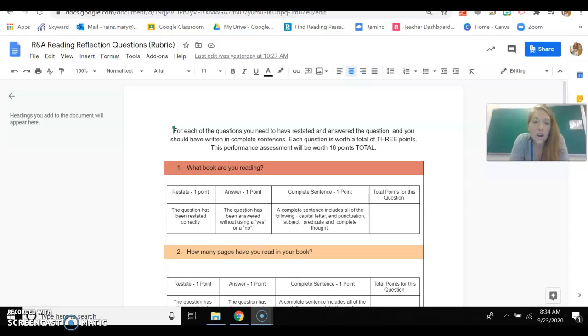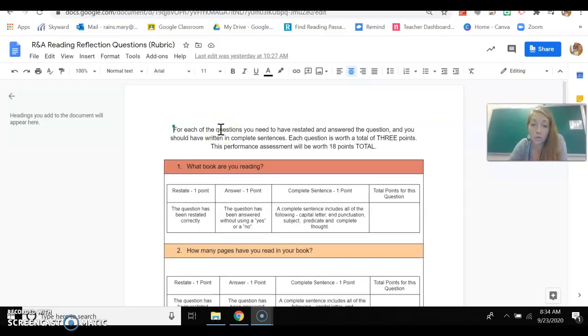Hi, everybody. This is just a brief message for you guys to kind of go through how your performance assessment is going to be graded for week 4, and also kind of to talk you through how you look at rubrics and how you use them to better your assignment or to do better on your assignment. So this is the rubric